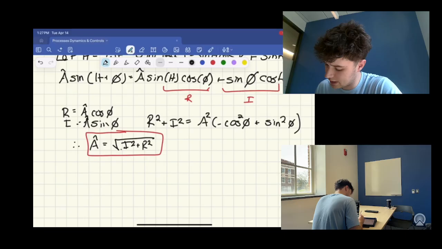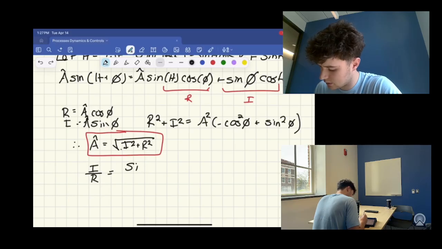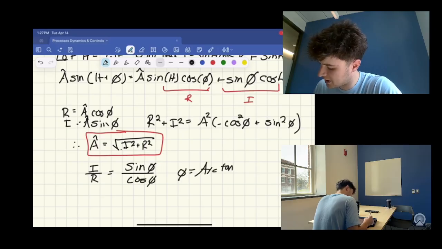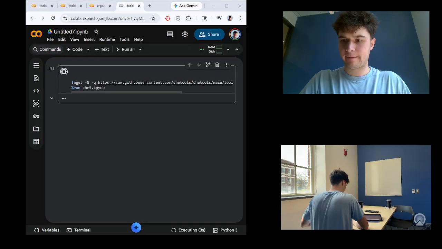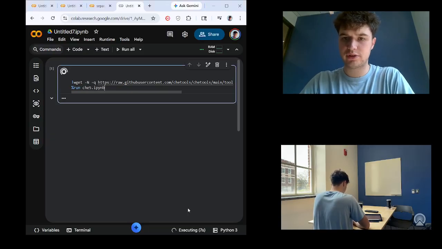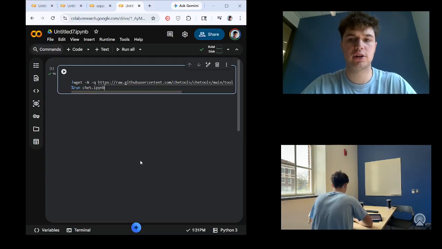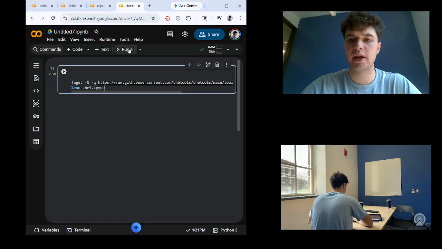And you cannot forget to mention that I over r is equal to sine theta over cosine, which is equal to arctan. So now we will get into Colab. So as you can see, I am uploading the library right now, so we are able to run this. And the first thing that we're going to do is actually look at the sine function on a graph and analyze the